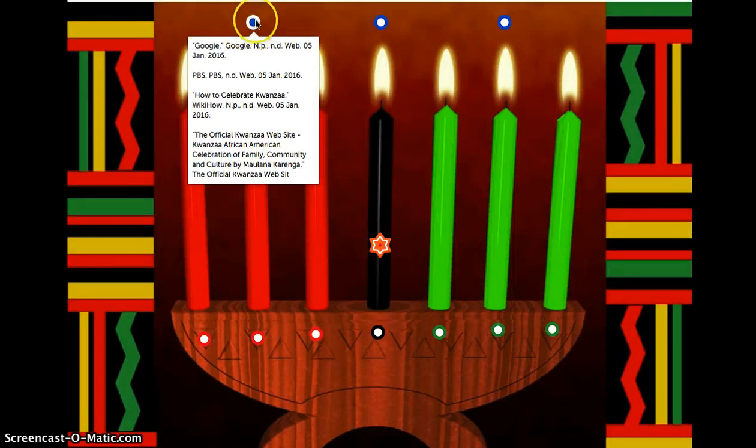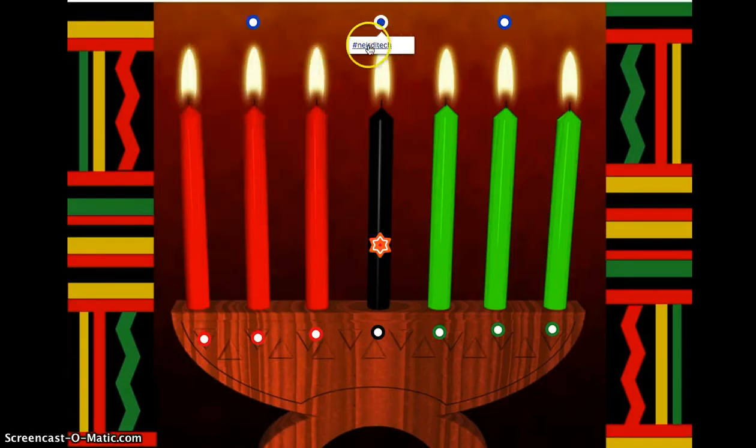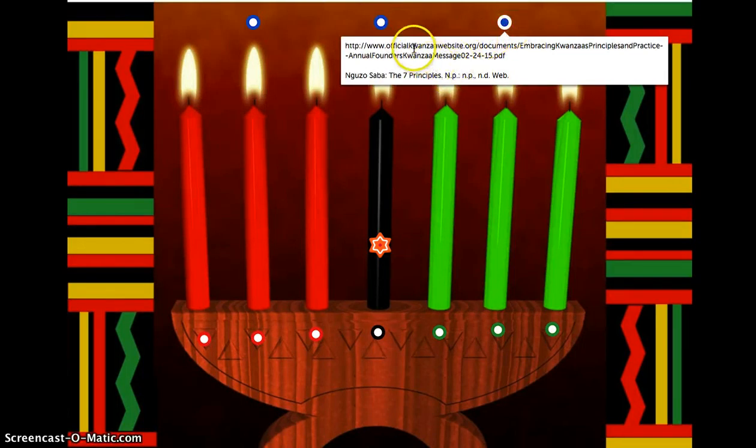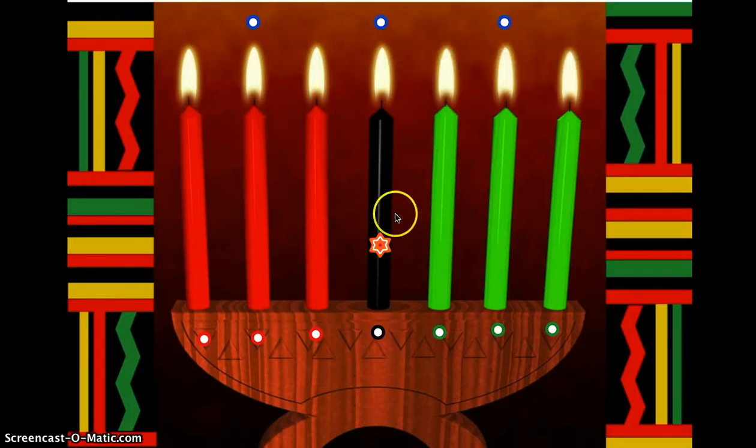And when I went to ThingLink, I started creating simple little dots here, and it was basically my bibliography, which was the different sites I used to get my information about Kwanzaa. So here I used different sites, and then for this one I had the hashtag for NEISD Tech, and then a little bit more sites that I used. And then I put a little decorative star to tell you that I created this and from which class it was from.